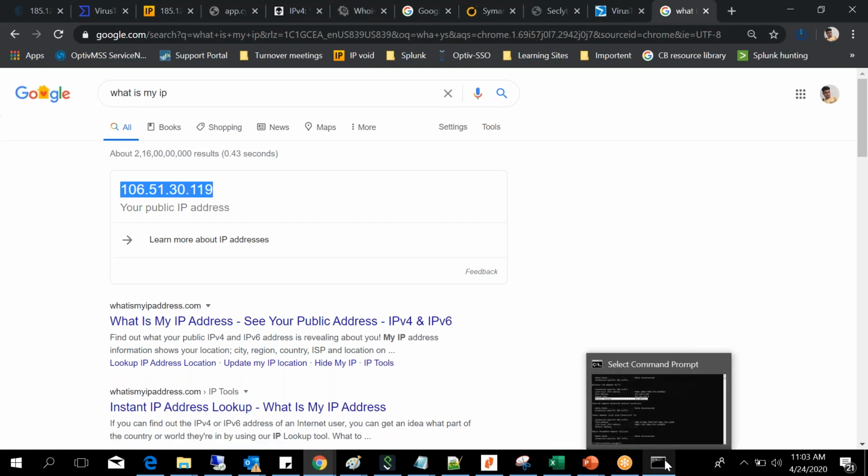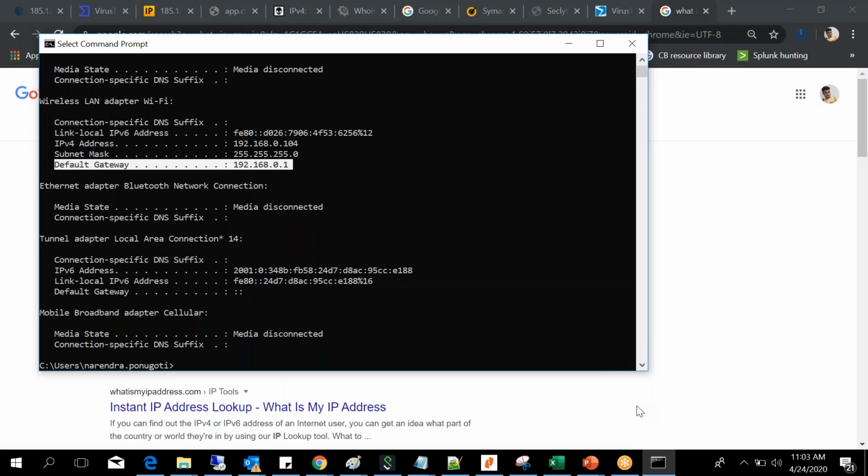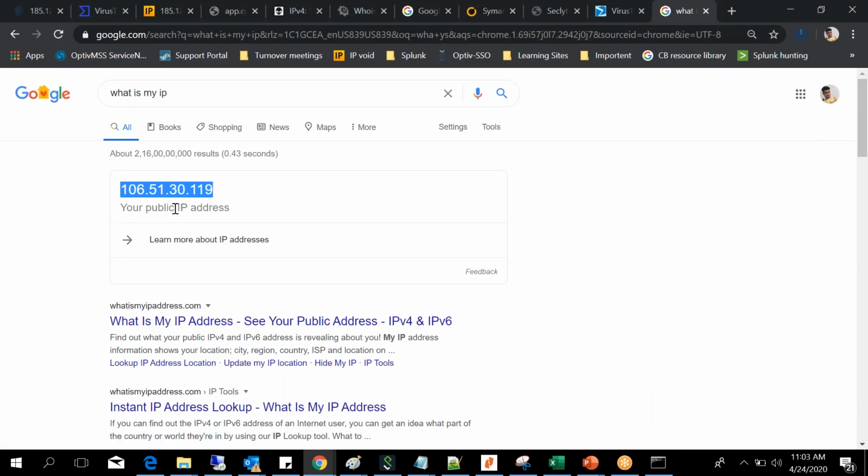So whenever my connection is going from inside, when the request is going from my system, the IP address will always be this: 106.51.30.119. So the outside people can see my system IP address as this one.